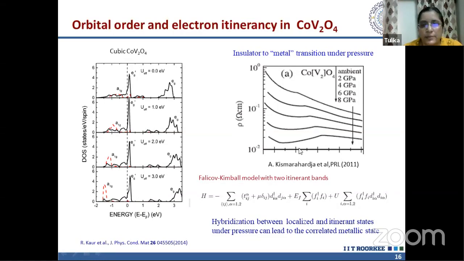So to explain this metal insulator transition, we had proposed this Falicov-Kimball model with two itinerant bands, where the hybridization between localized and itinerant state under pressure can lead to a correlated metallic state. This is what we explained earlier, but